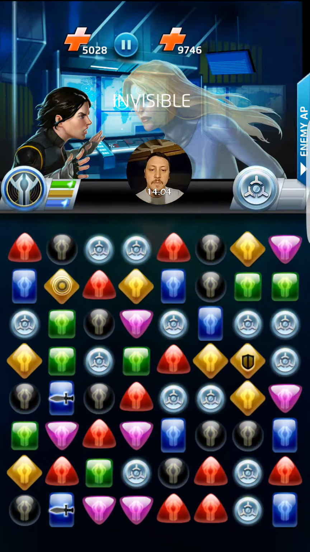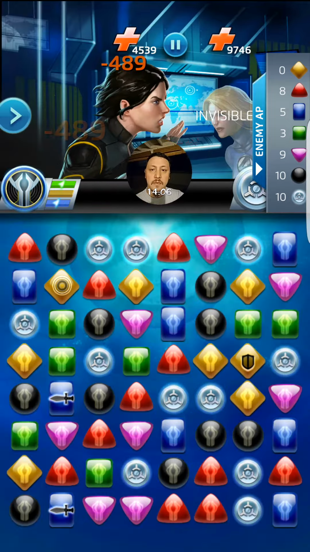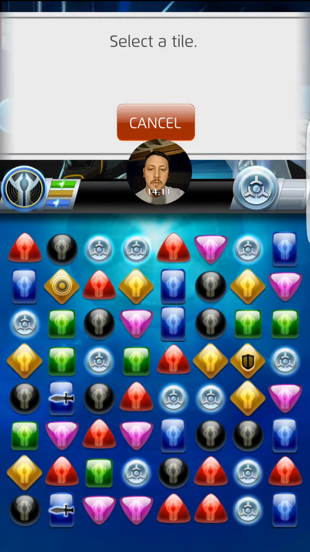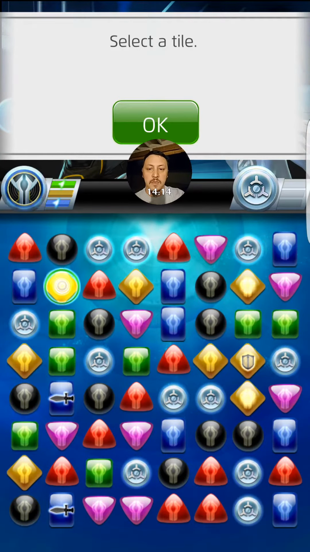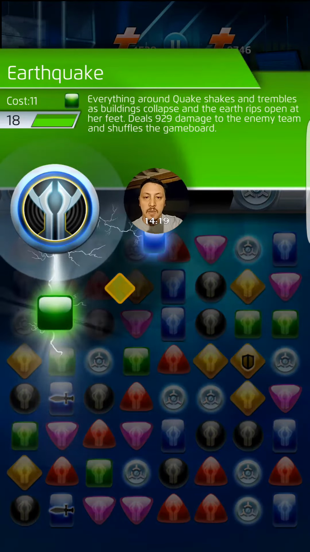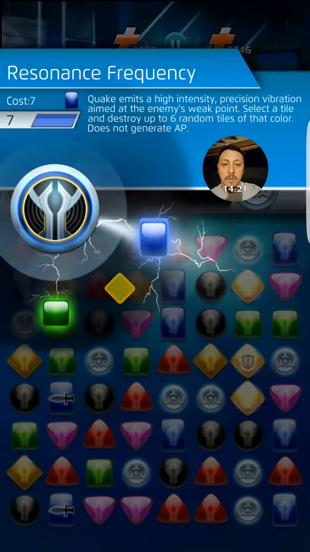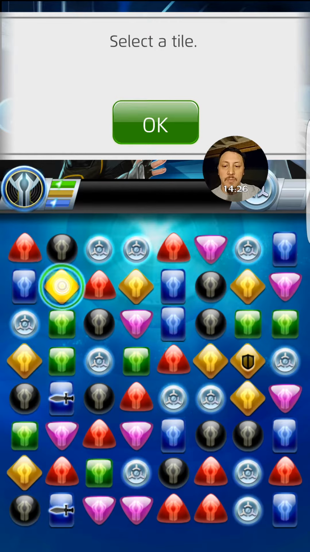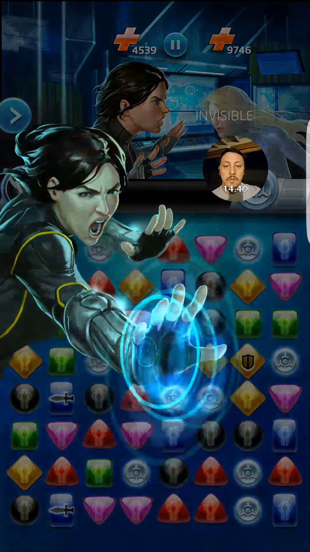Okay, so we knew this was coming, but I can do this, and I can do this, and I can do this, and it's going to destroy, actually, get myself out of the way here, 6 random tiles of that color. So it doesn't generate AP, but there's also 1, 2, 3, 4, 5, 6, 7 other colors of yellow. Hoping that it gets that shield tile. Definitely is going to get the...